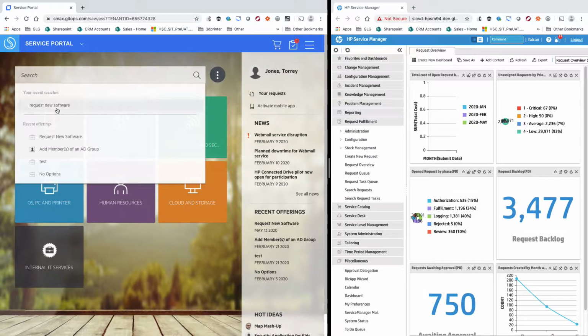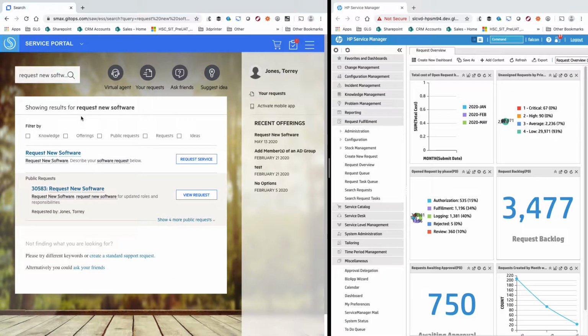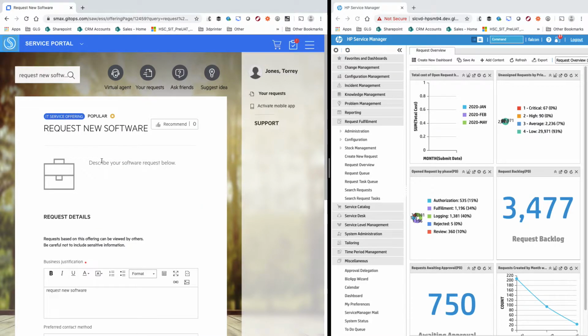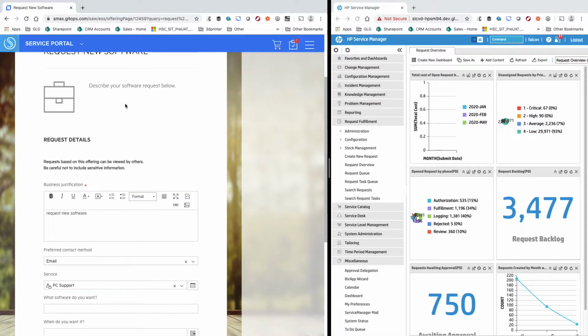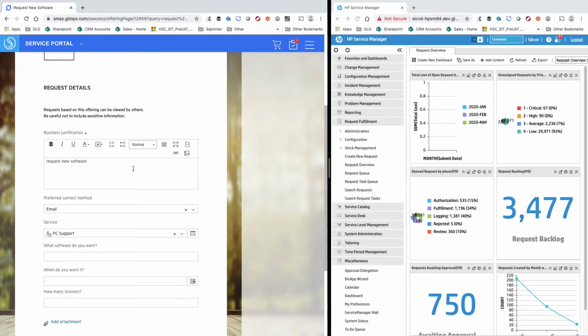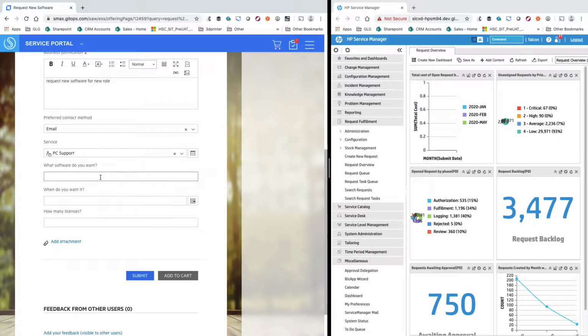So the request that I'm going to make here is a request for new software. I've performed this search before. Upon performing that search, I see that there are some public requests I could look at, or I could take the request new service offering here that I'm going to go ahead and pick. So upon selecting it, our business justification: request new software for new role. My preferred method of contact is email. It is PC support. That is effectively what I'm asking for. And what do I want? Let's say I want Microsoft